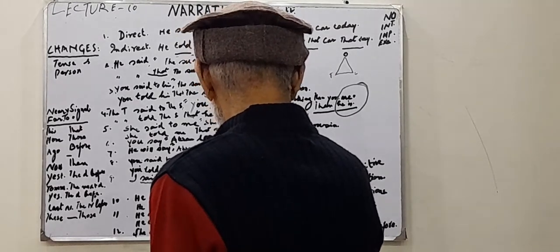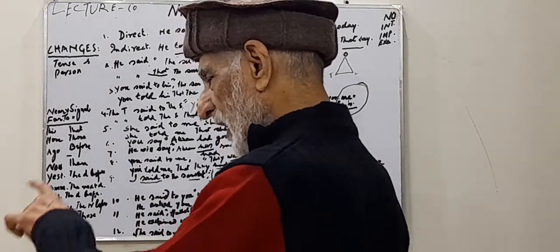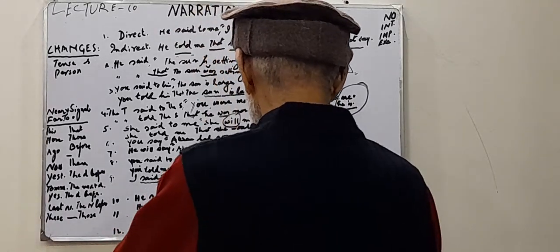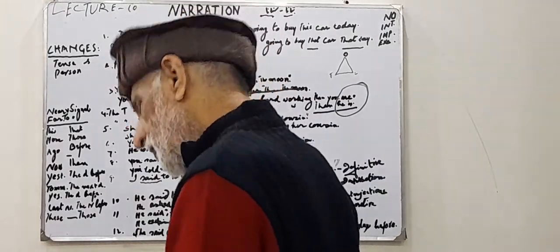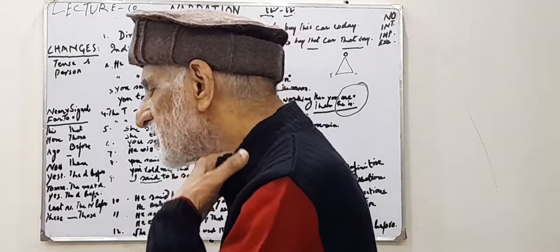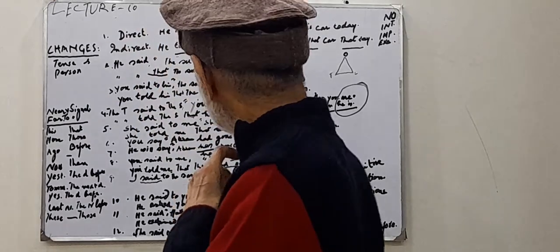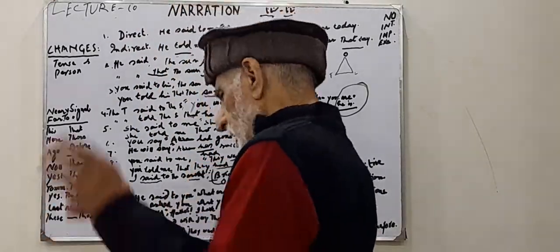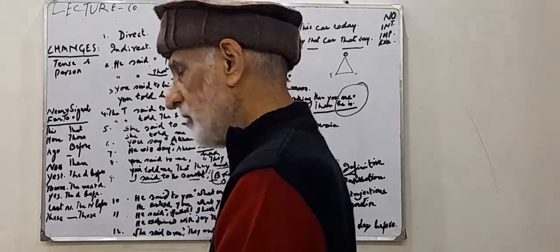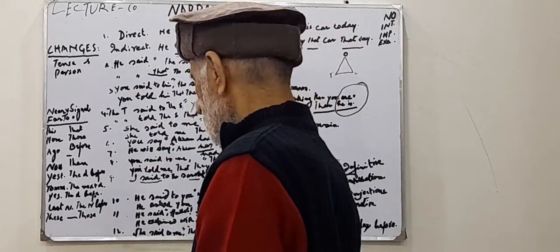I said to you, what are you doing here? Question. Imperative will change into infinitive and question will change into positive. What is the order of words in interrogative? You use the first helping word before the subject. And we will change it into positive, bringing the helping word inside the clause.